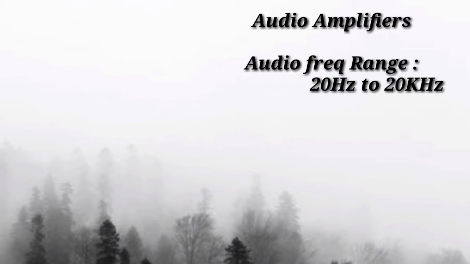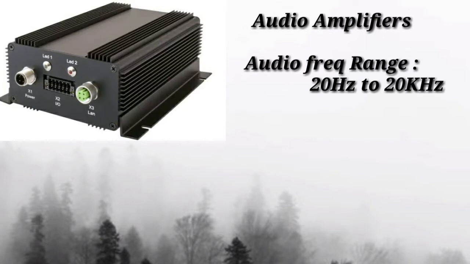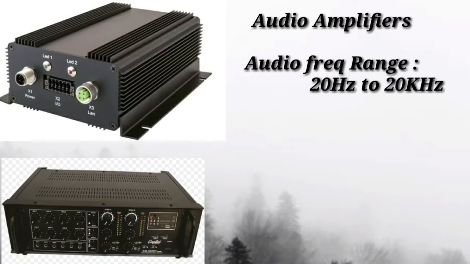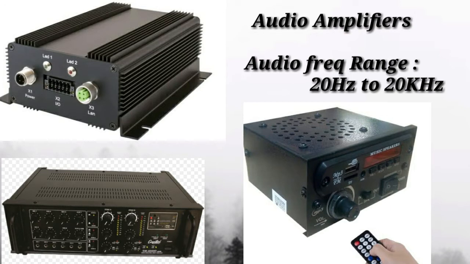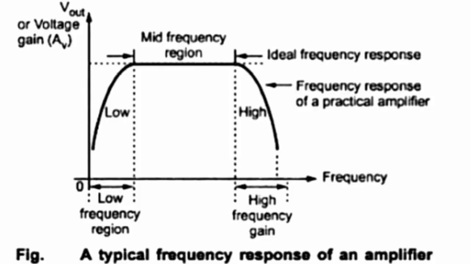Audio frequency amplifiers are mainly used in radio receivers, large public meetings and various announcements that are made in railway platforms, etc. For this, we require a range of frequencies that must be used by an amplifier, which should ideally provide the same amplification for all the frequencies. So, we can conclude that the degree to which it is being done is usually indicated by the curve known as the frequency response curve of an amplifier.